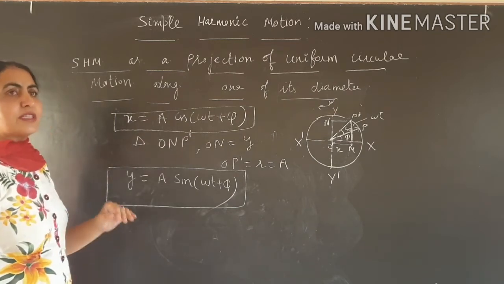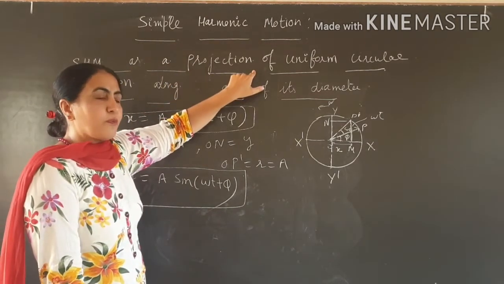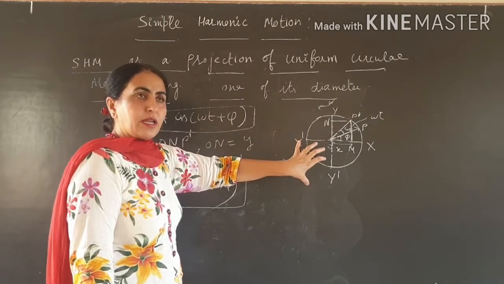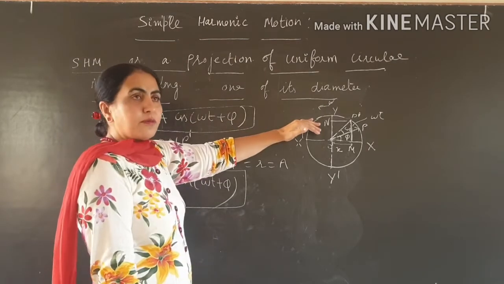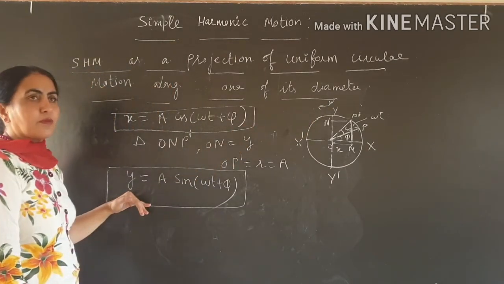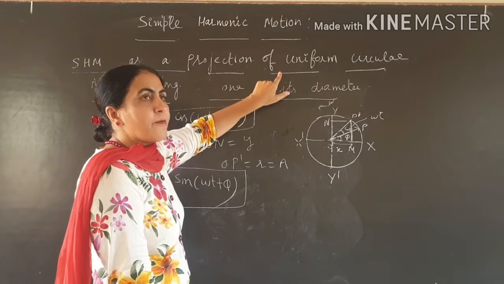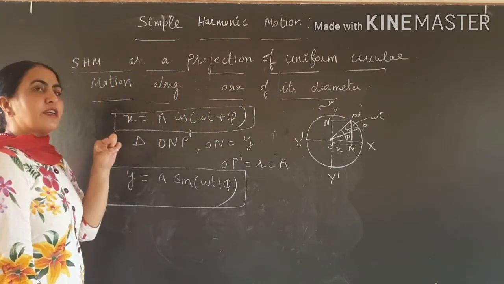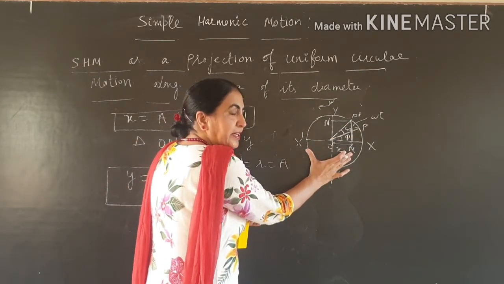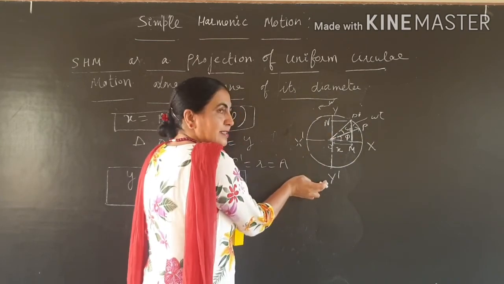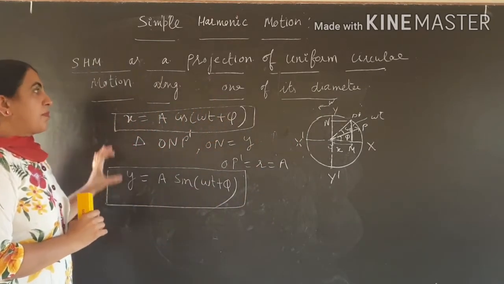So you can now say that simple harmonic motion is the projection of uniform circular motion, because the particle is moving under uniform circular motion. So we get the simple harmonic motion equation. Clear? We start from uniform circular motion and we get simple harmonic motion. So simple harmonic motion is a projection of uniform circular motion along one of its diameters. M is the projection of P dash on the x-axis, and this is a diameter. N is the projection on the y-axis, and this is another diameter, YOY dash. Clear? So this is about this.